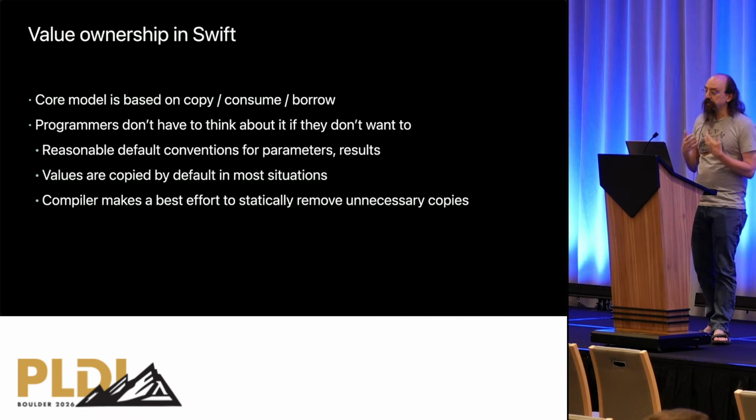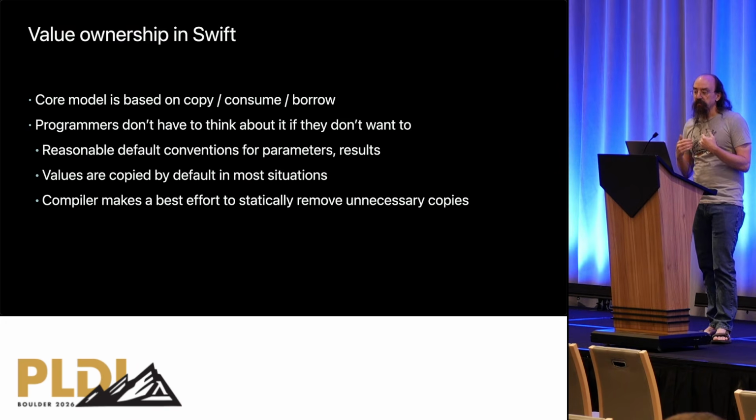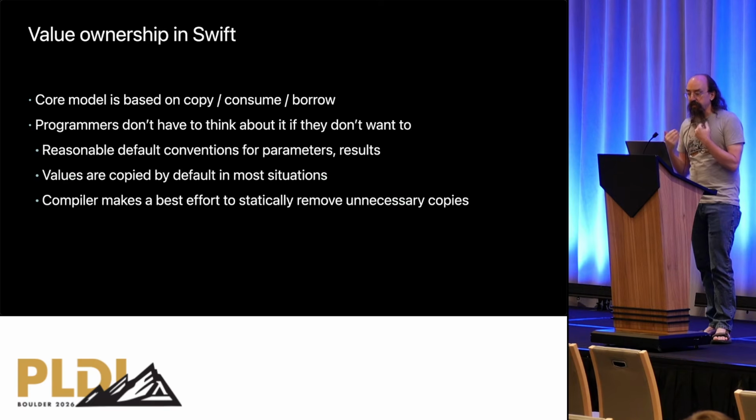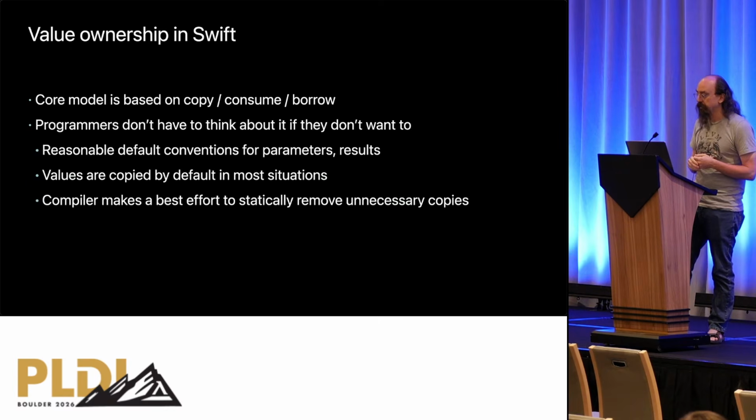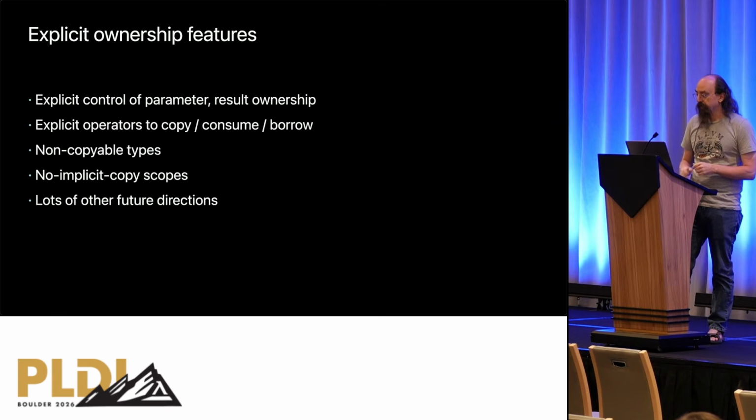In Swift, we don't think that's the right trade-off. Programmers shouldn't have to think about ownership unless they have a good reason to. So we implicitly pick a lot of things that have consequences for when and where copies are performed, like ownership conventions on parameters and so on. And we insert copies as necessary to preserve the naive source semantics of the program.